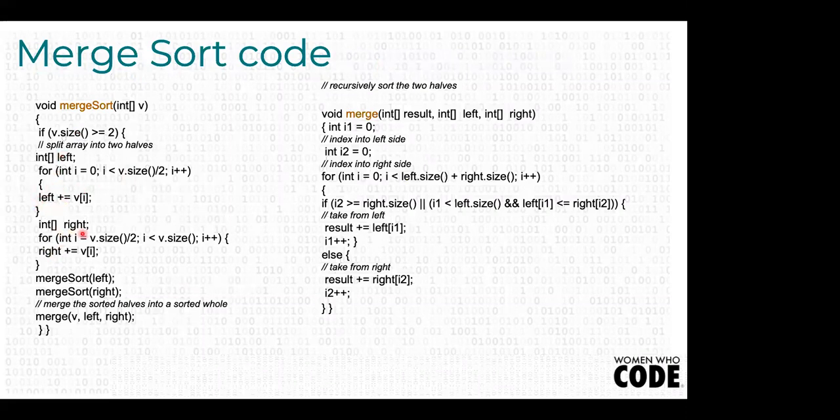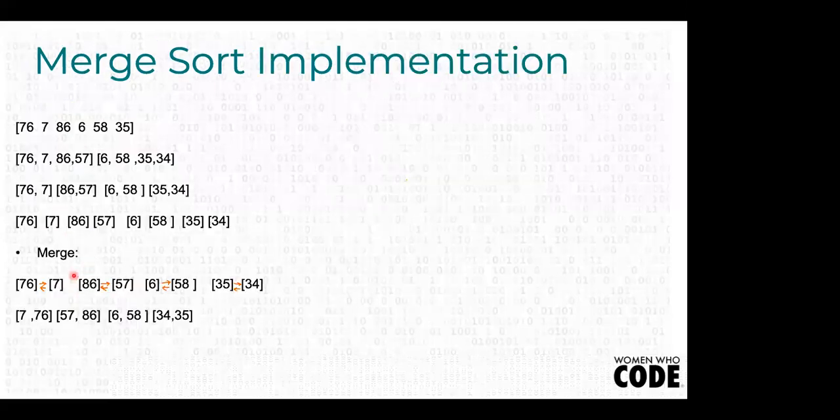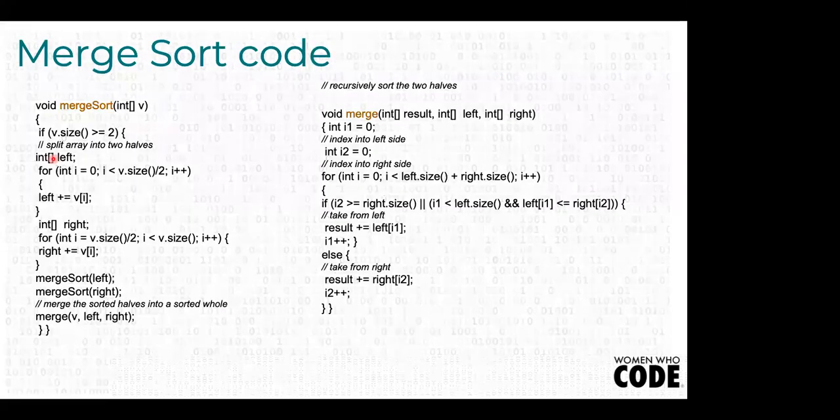Do that for right. Once that is complete, recursively do that for the left half. So now we'll pass this into the function and recursively do that for the left and the right half. Keep doing that until the size is just 1. Once this merge sort is done,